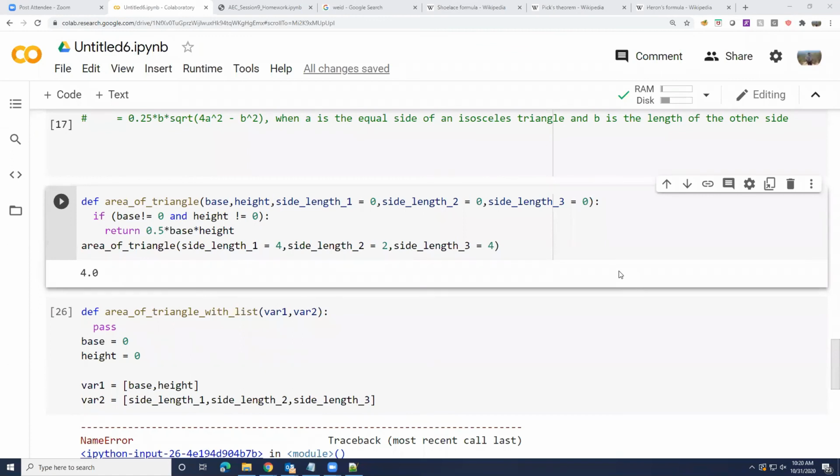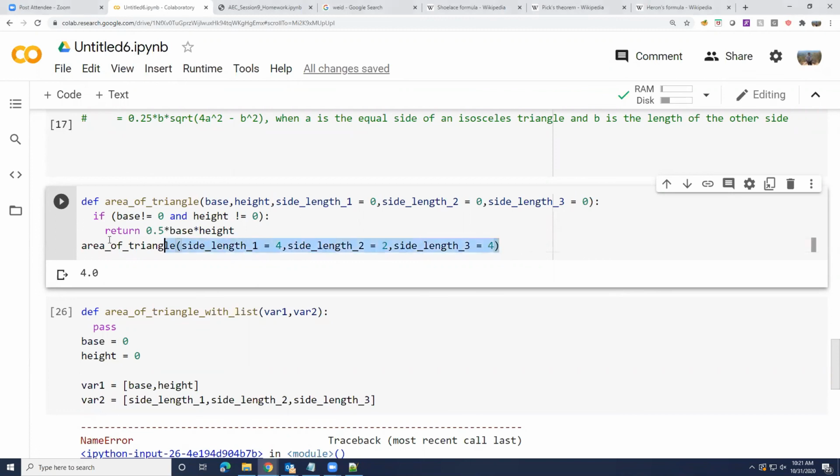Yes, so side 1 plus side 2 is greater than 3. So 4 plus 2 greater than 4, and 4 plus 4 greater than 2. So obviously the other is. So this forms a triangle, right? This is an isosceles triangle with a narrow base.